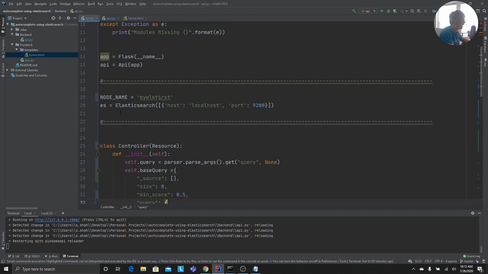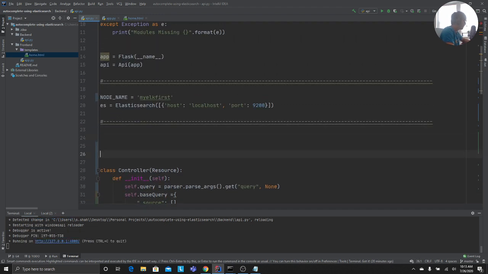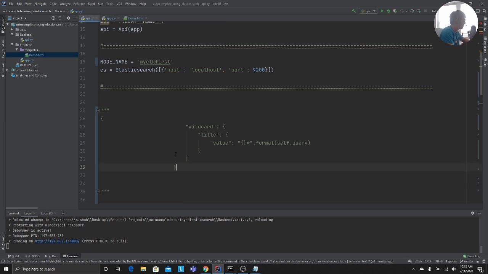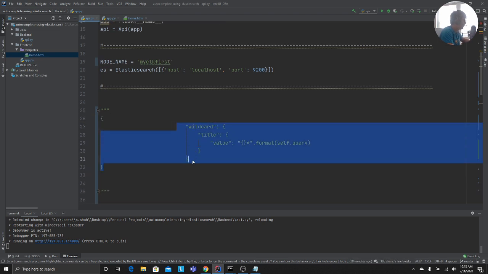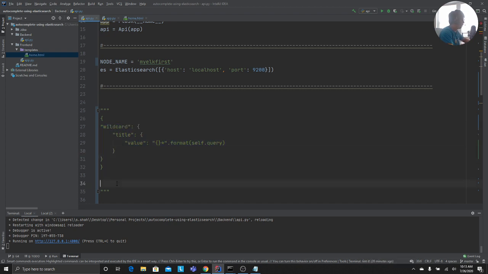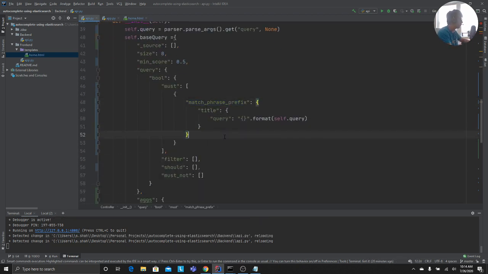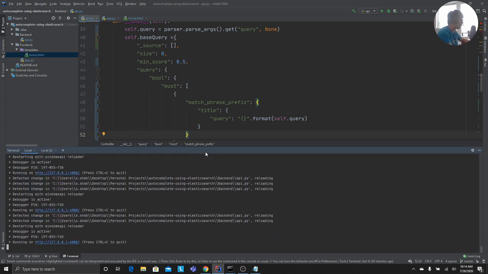Ideally, if you want to see the changes in the result, my recommendation is to try regular expression and the aggregation stuff. That might also be a good choice. So I'm going to paste that here as well, get this indentation right, bring it a little bit closer. So try out this also, the star, the regular expression, and see the difference. Whatever gives you the best result, try out that.